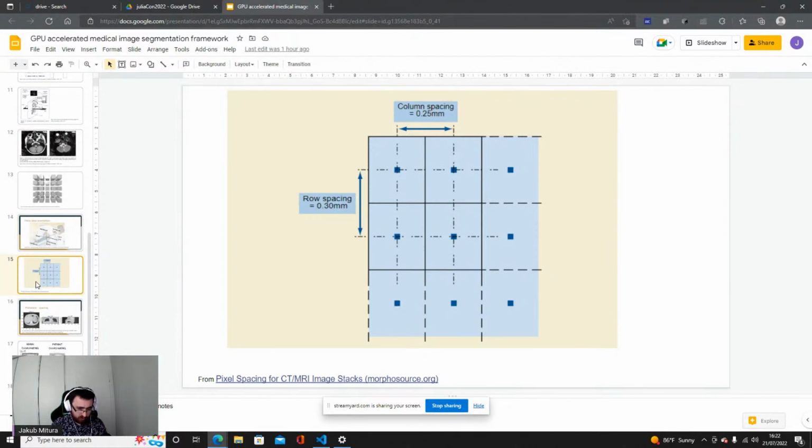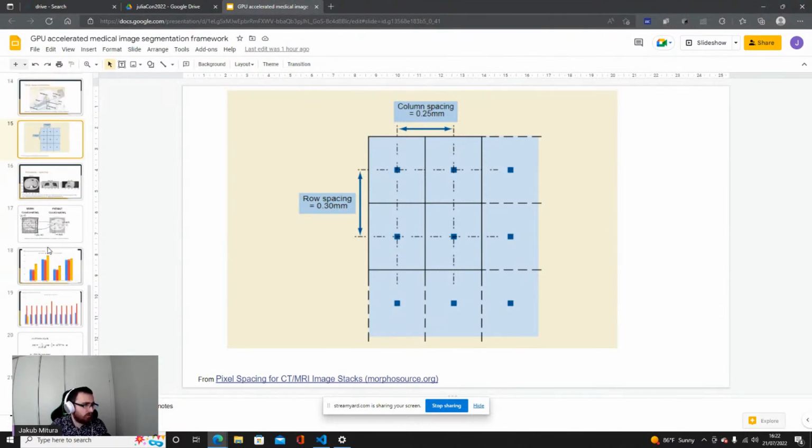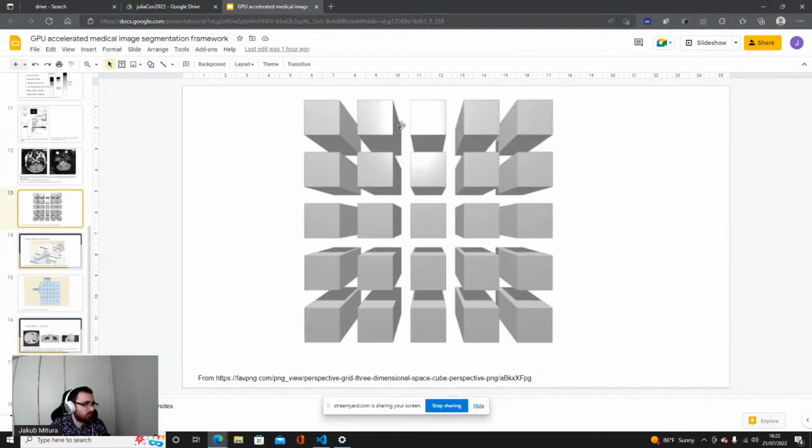The other thing that is even more crucial from the practical perspective is spacing. We will see it in practice when we start the proper workshop. Spacing is the fact that the voxels do not have uniform dimensions. When we have an array, we generally consider each element of the array to be the same.